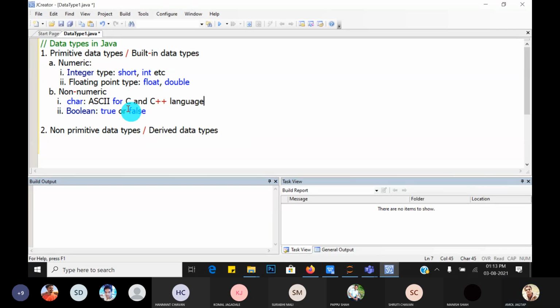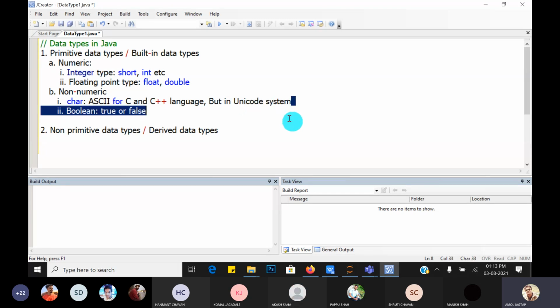But in Java, here is the Unicode system, where uni means universally accepted code system. So almost all languages' characters are available in that Unicode character set.